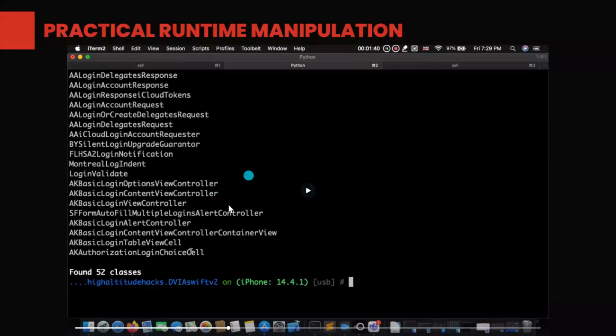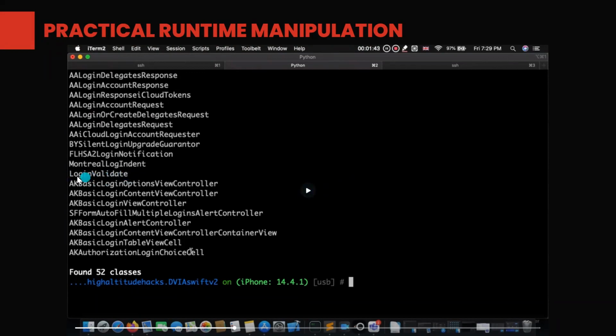Those are classes related to login functionality. We need to verify exactly which one is related to our login method. I thought this one, LoginValidate, looks like it is related to that. You can check also